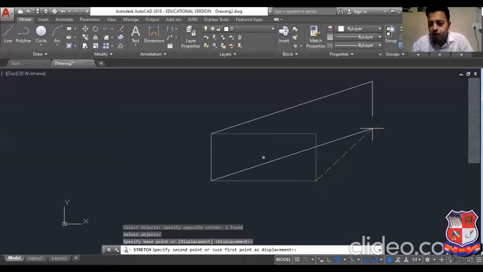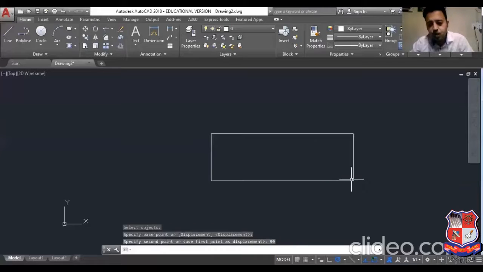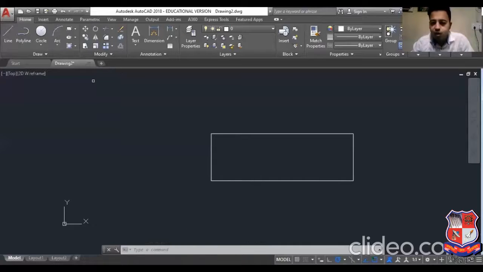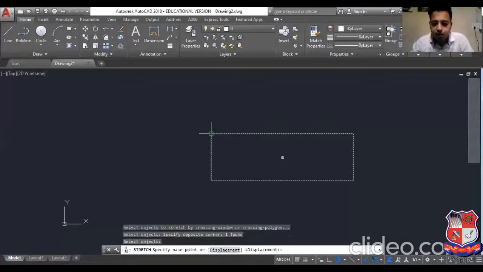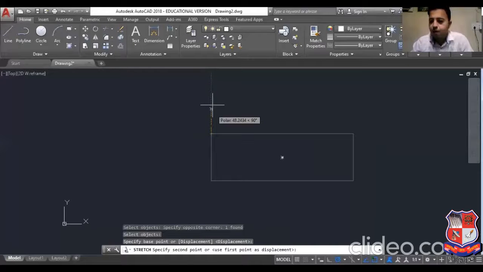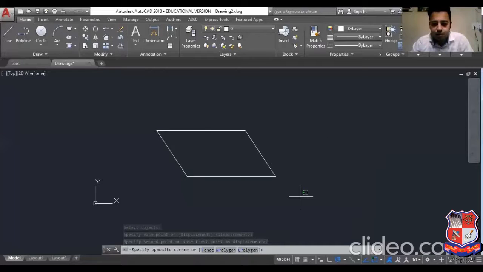So here just click it out, or if you want to stretch by only some dimension, suppose I want to stretch by 85 or 90 mm, it will extend 90 mm more than the previous length. Suppose I want to stretch the upper portion, so I will select this point and enter. Now select this point and see. So you can do a stretch like this. Fine. So this is called the stretch tool.